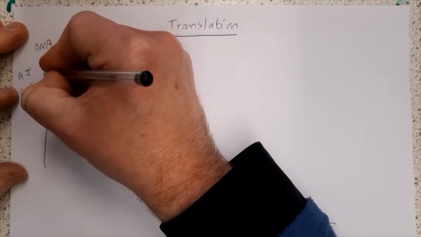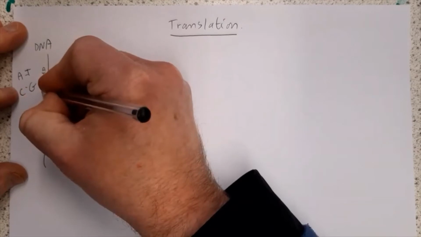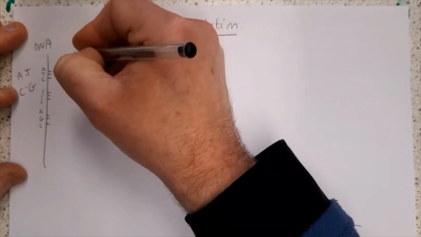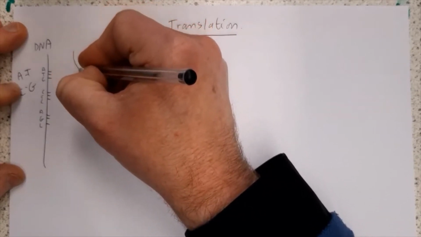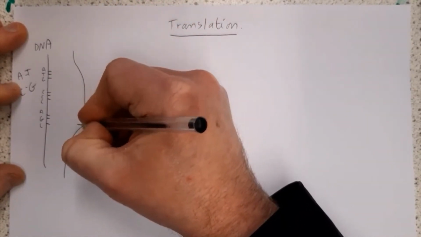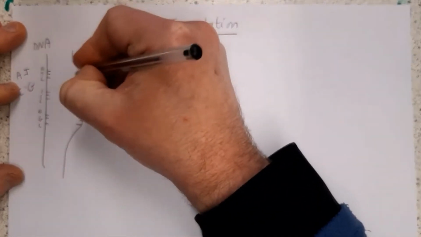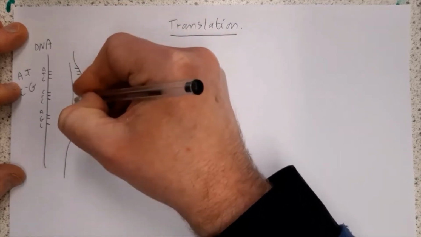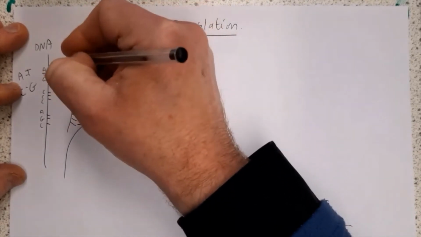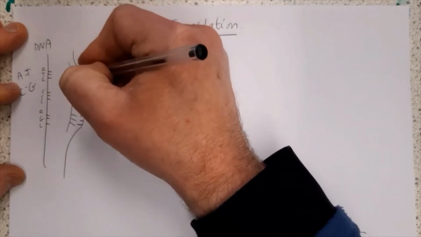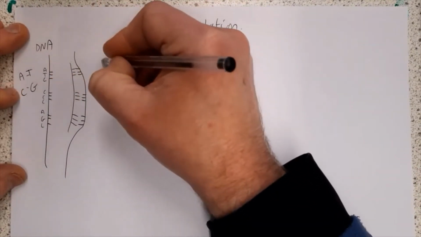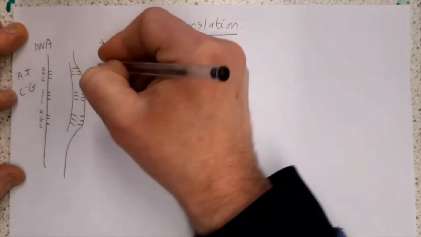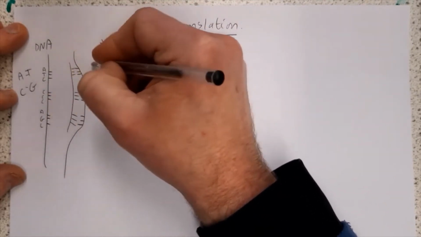That could be A, T, C, C, C, C, A, G, C. We opened it up. So it was opened up like this. And both sides then lined up, and we made an RNA copy. And the RNA, instead of T, T has been replaced with U. So the RNA copy there would have been